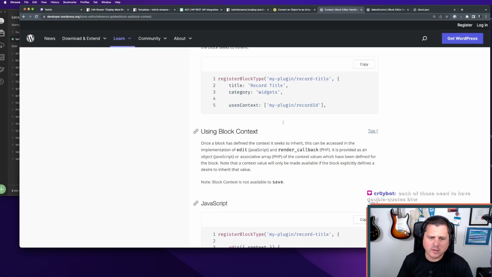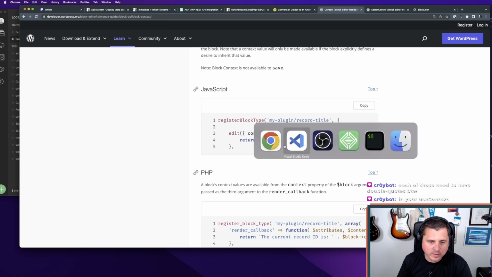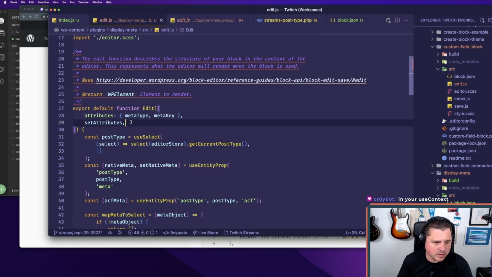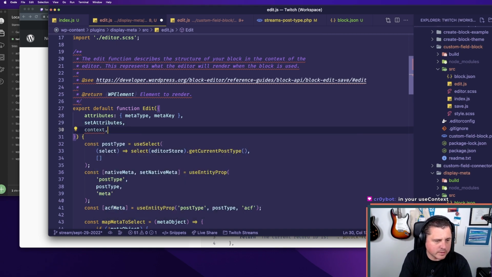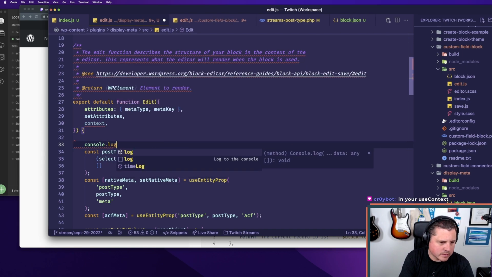So how do I get context? I've used context forever. So how do I get my context out? Edit. Oh, it's just context. Okay. So I should just have a context attribute in here. Context. Now if I console.log my context,